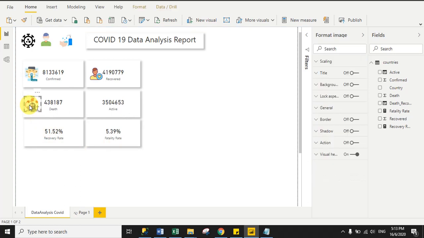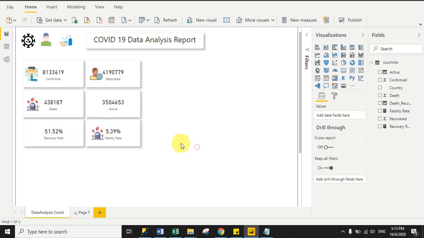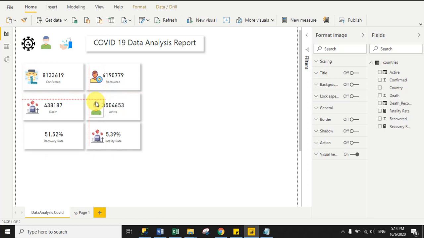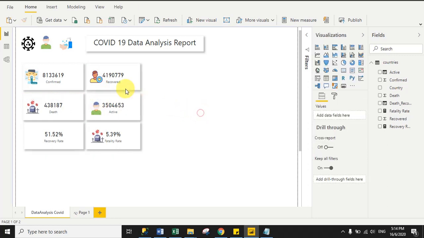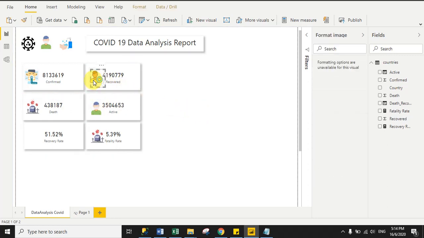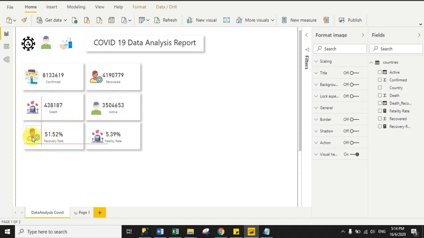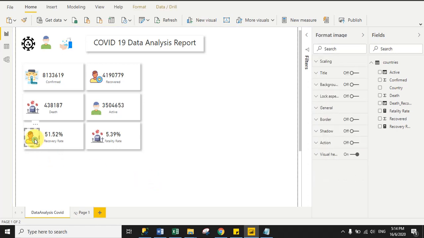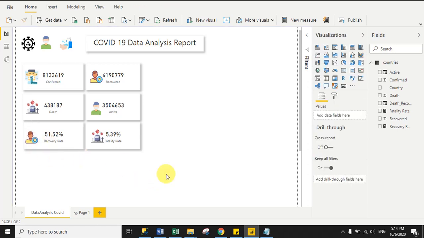So for the fatality icon you can also drag the death icon, and for the active icon you can use face masks, right? And for recovery rate we can use the recovered icon, right? So here we successfully displayed all icons along with counts, right?